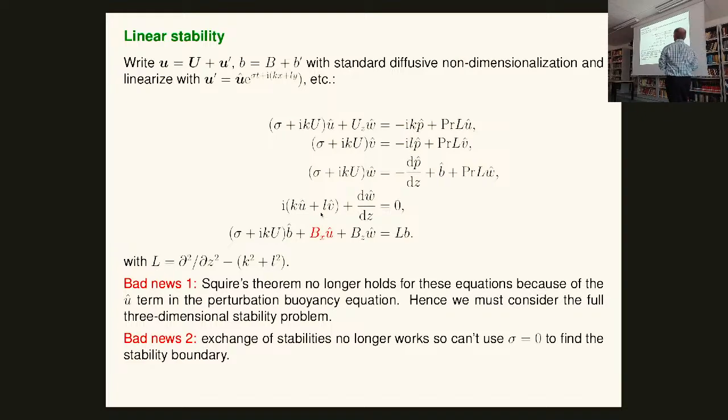And the thing that is difficult is this term. This term is a problem. This term comes from the horizontal buoyancy gradient. If I didn't have this, these are the same equations we solve for every type of Rayleigh-Bénard problem. It's just that in Rayleigh-Bénard, Bz is a constant. In our case, it's a polynomial. This term here breaks everything. It breaks the Squire's theorem stuff you had in Orr-Sommerfeld, and it breaks exchange of stabilities you had in Rayleigh-Bénard. So you can't say that sigma is 0. You can't say that disturbances are 2D. You have to look at the full problem.